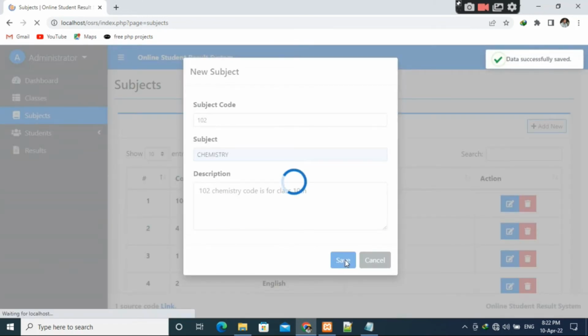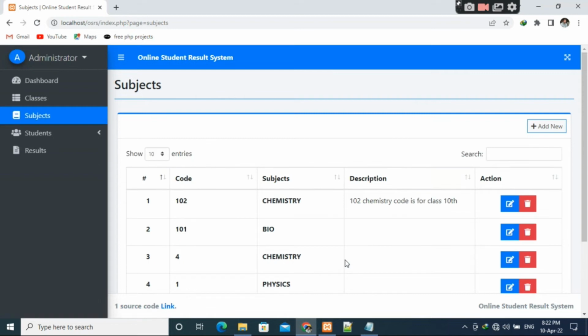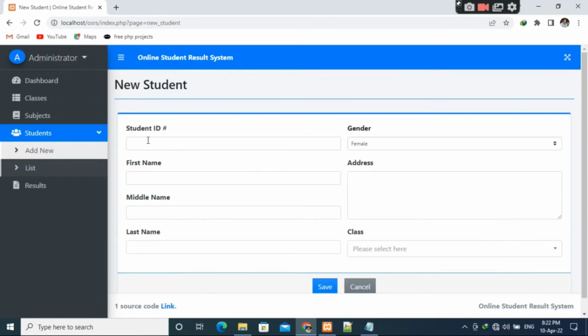After that, here are the students, the list of students, and you can add a new student. For example, add new student, student ID, let's suppose 1010. First name is, for example, Vasi, middle name is Heather, last name is Fiaz. Here is gender, male, address, for example,